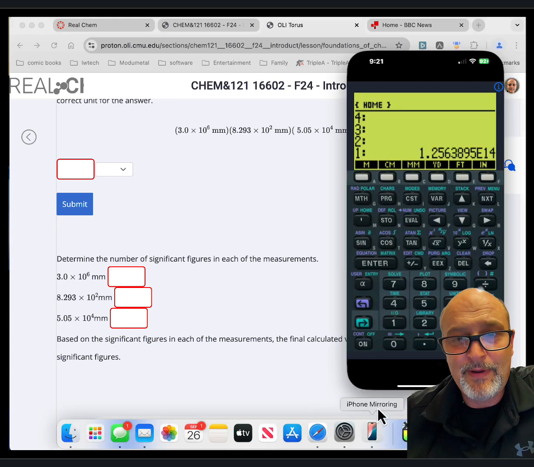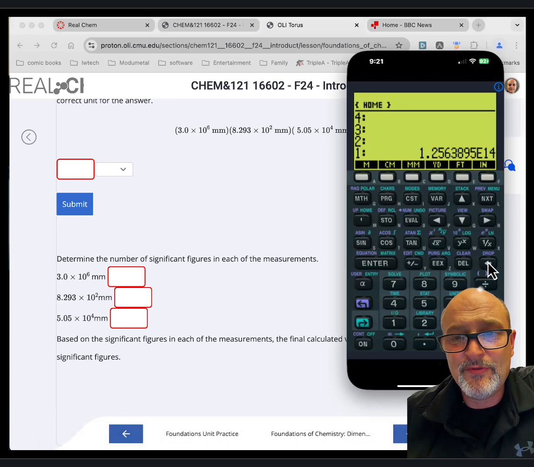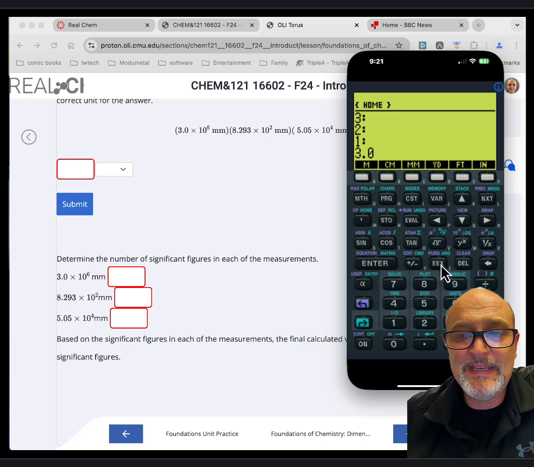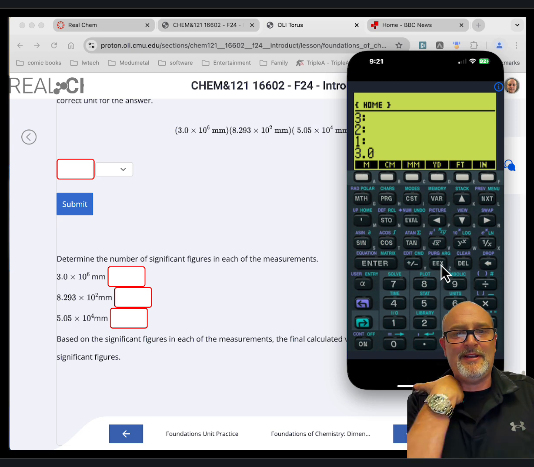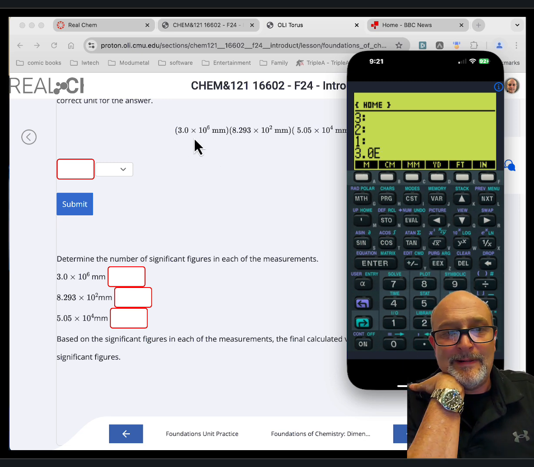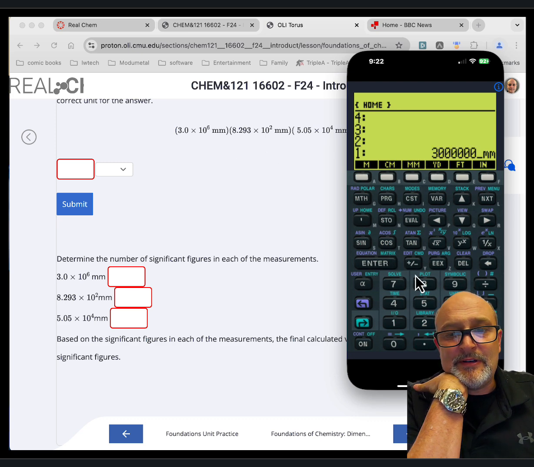And let's just pop it up here. Let's go with millimeters. Oops, let's go with 3.0. And in this calculator, you click EEX. Sometimes it's EE, sometimes it's just E, sometimes it says like 10 to the with a little caret up arrow. So this one's EEX, and then we put 6. And I'm going to click millimeters, and enter it. Then we go 8.293